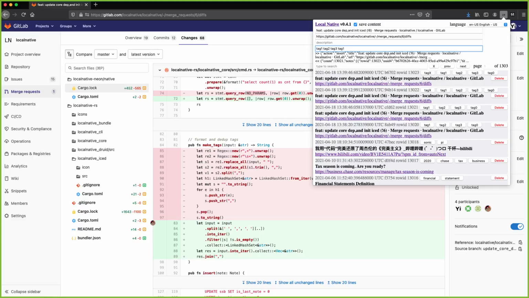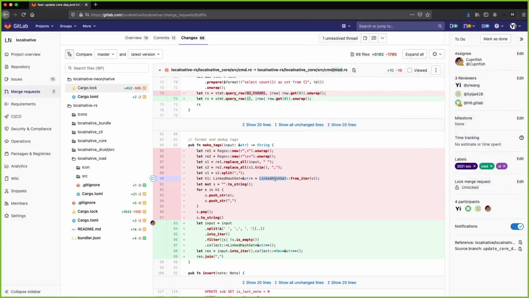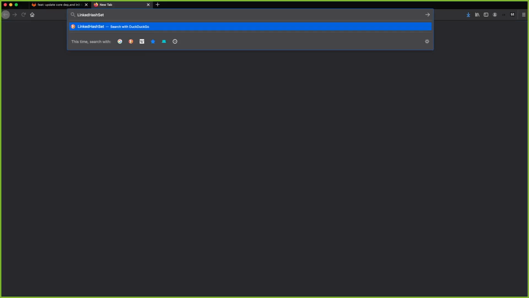So right now, will the code make it so that it'll only show the results that have the tags in that exact order, or will it just show results that have all the tags? It is ordered. It's also deduped. It's the insertion order. So actually, it's good to look at the actual